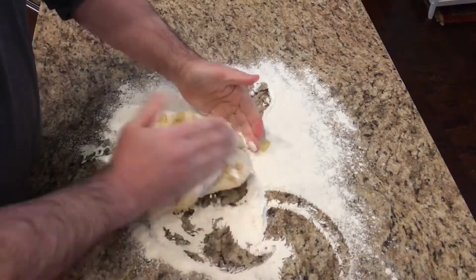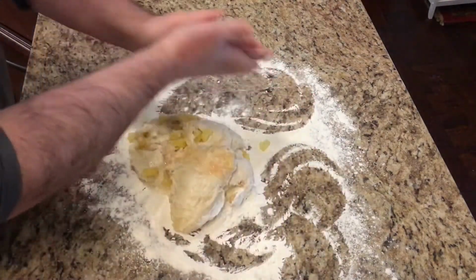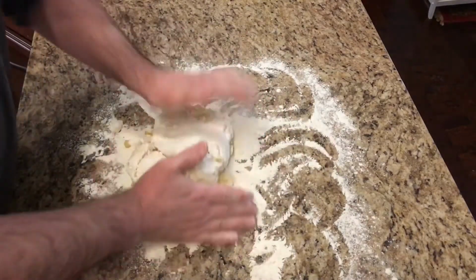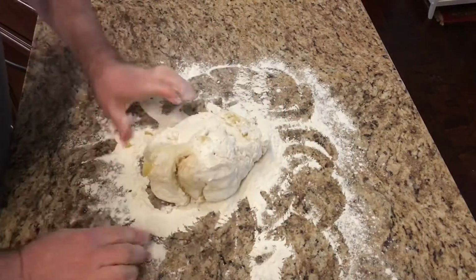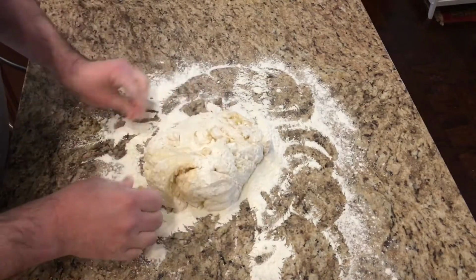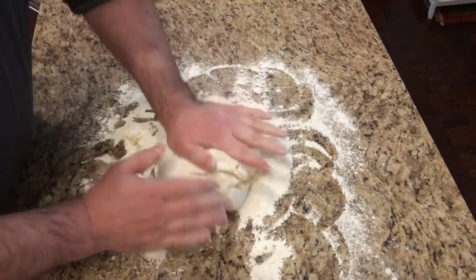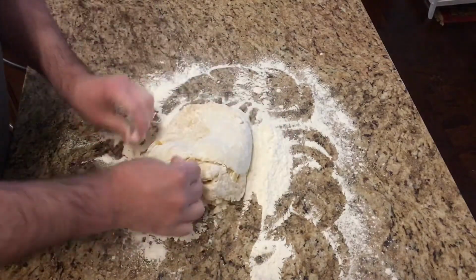It's looking really wet right now and sticky, so that honey and that pineapple juice. There wasn't a ton of pineapple juice. I did strain it, but yeah, now I'm thinking, I wonder if I should have used like dried fruit. But